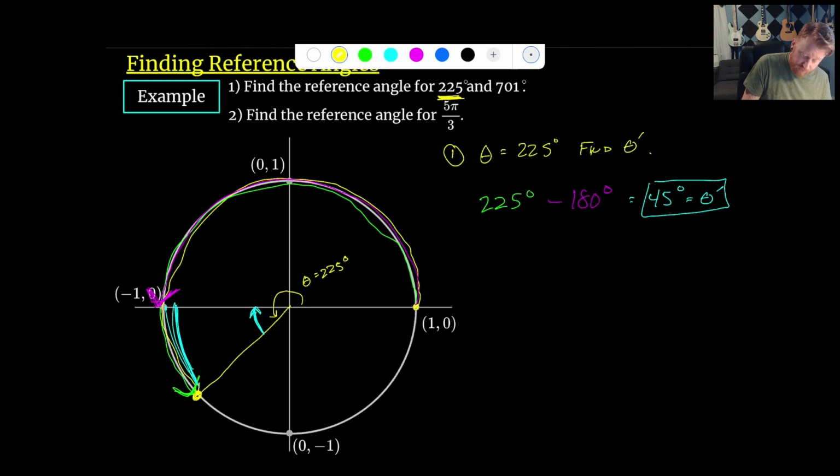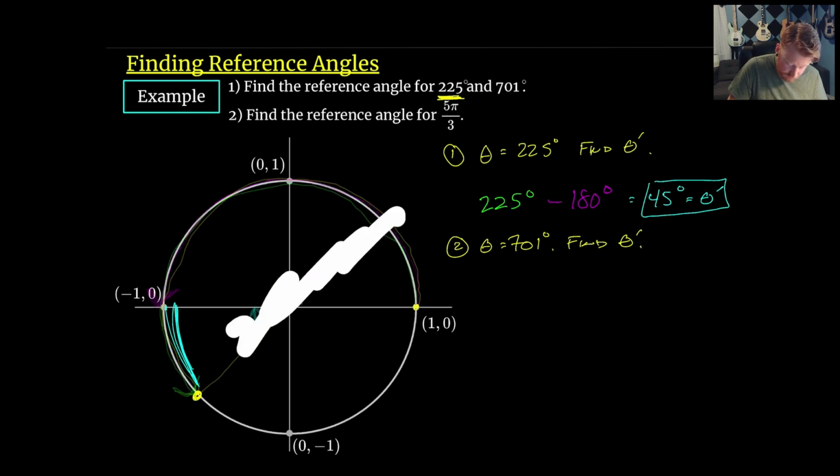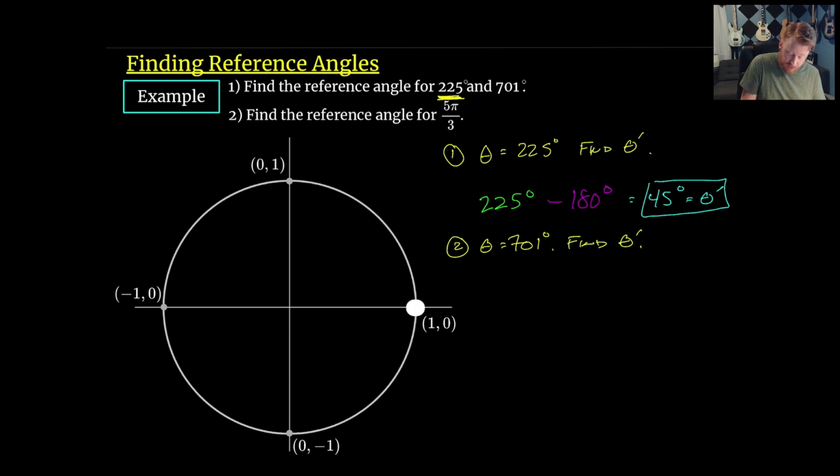Let's take a look at the next example, which is finding the reference angle for 701 degrees. So we want to find theta prime. Let me clear off our little circle here, but we're going to do the same type of thing. Actually, before we do this, notice that 701 is a pretty large angle. It means that we're going to have to go at least one revolution here. So the first thing that we're going to do is just find the coterminal angle